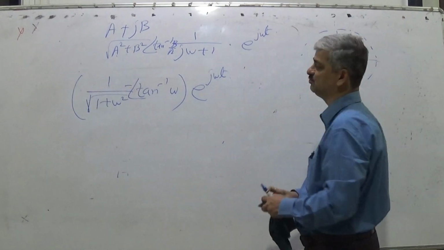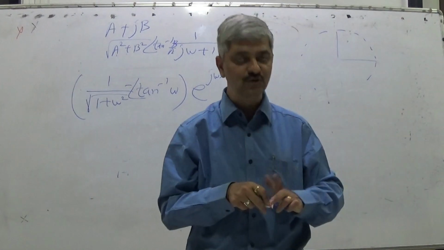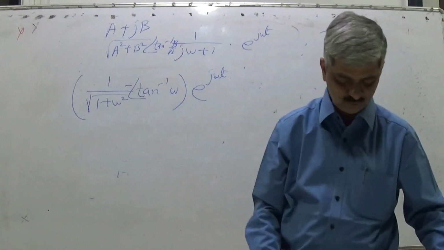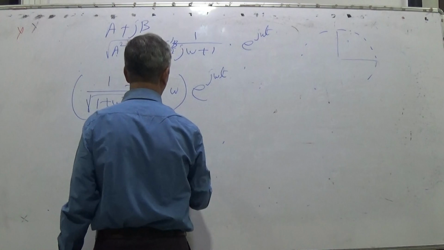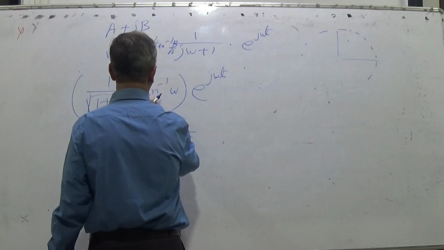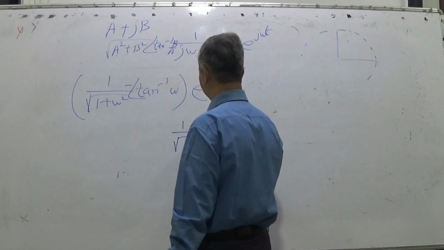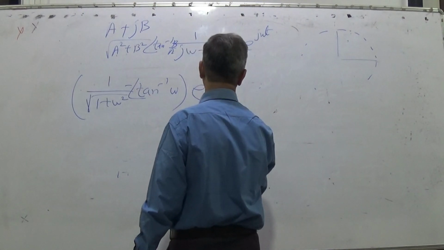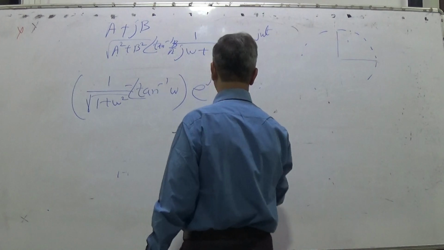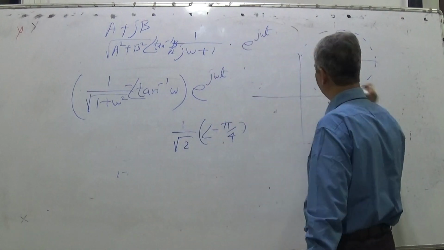So let us say omega is 1. If omega is 1, what will happen? This would be 1 upon root 2, and tan inverse of 1 minus tan inverse of 1 gives the angle minus pi by 4. So that point will be